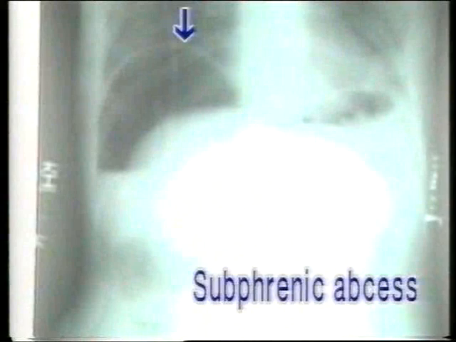In comparison, now see this subphrenic abscess following a duodenal ulcer perforation. The blue arrow points to the diaphragm. The air and fluid is loculated between the diaphragm and the liver. Note that the upper border of the air is nothing but the diaphragm. Liver border may or may not be seen depending on the amount of air.